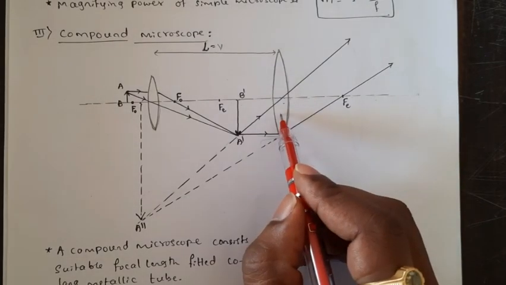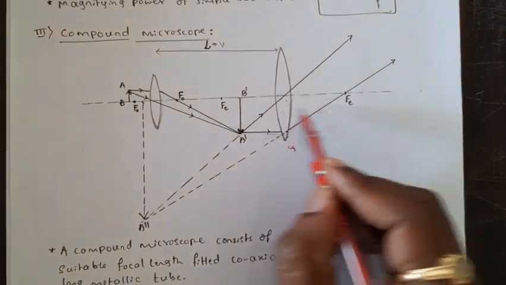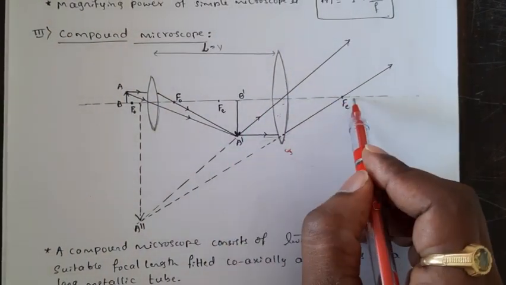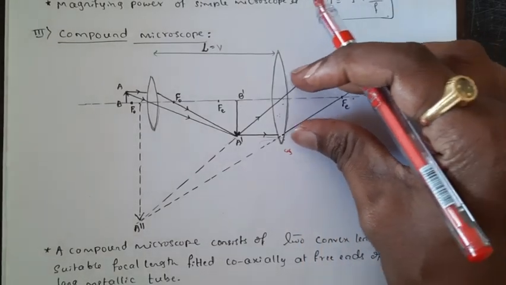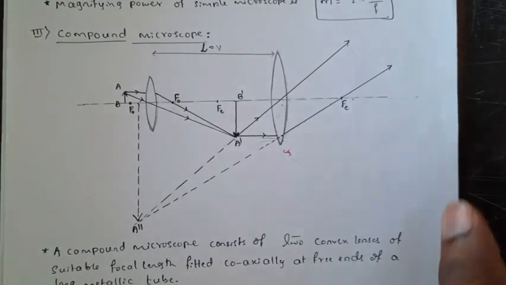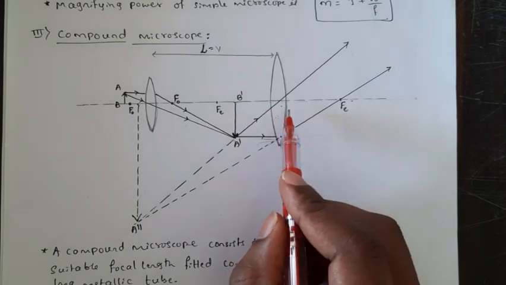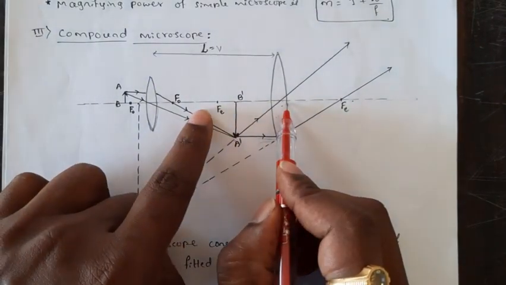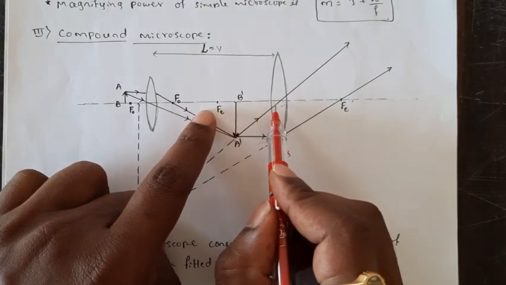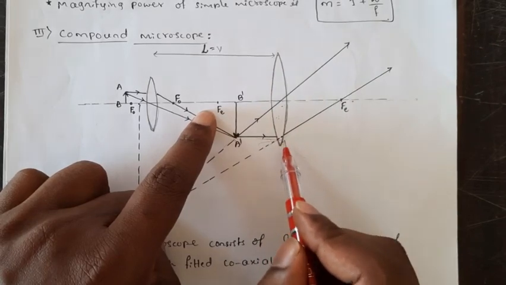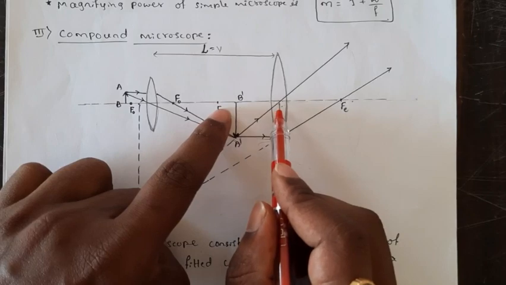So for example its focal length is 20 centimeter. If I keep it here, the image forms from here to here, it will be 25. So you can't see the image. So now I will bring it closer to this one. You can adjust the eyepiece in that microscope. Finally from here to here it is 25. So the object is within 25 centimeter, the focal length of this lens. So now the object is between the principal focus and optic center.